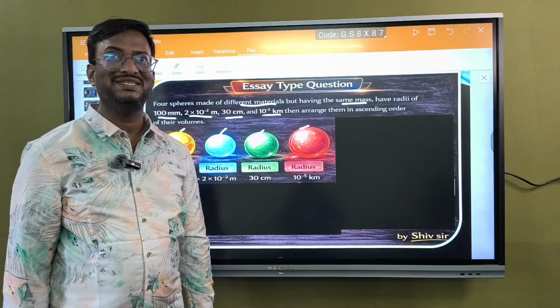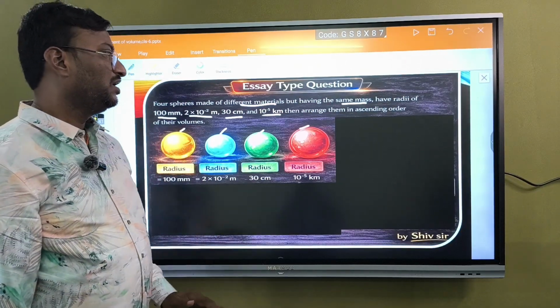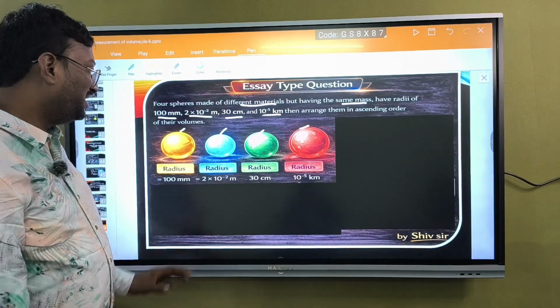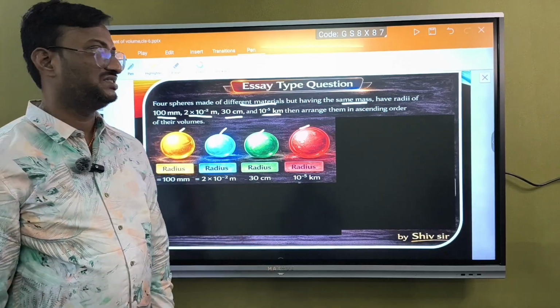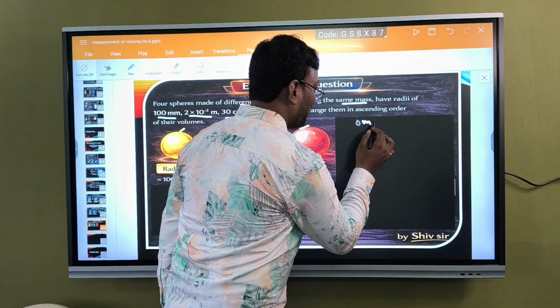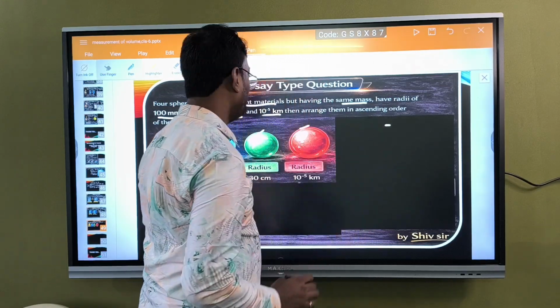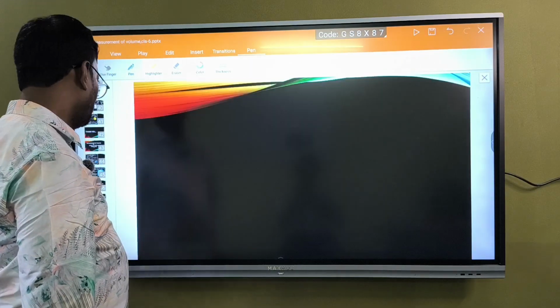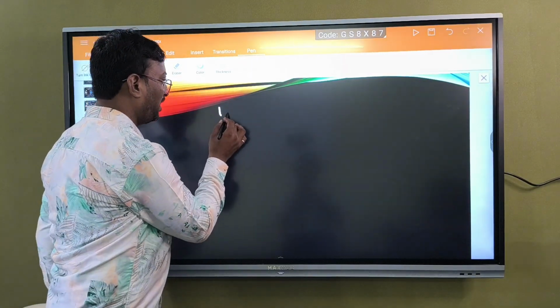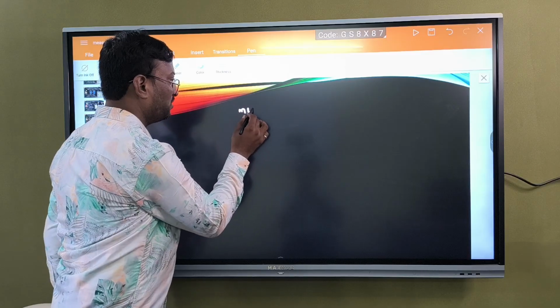So before arranging this in ascending order, we should convert everything into meters. Then it will be very easy for us. So first thing is 100 millimeters. This should be converted into meters. First we will convert this into meters. How we will convert? 100 millimeters is equal to,